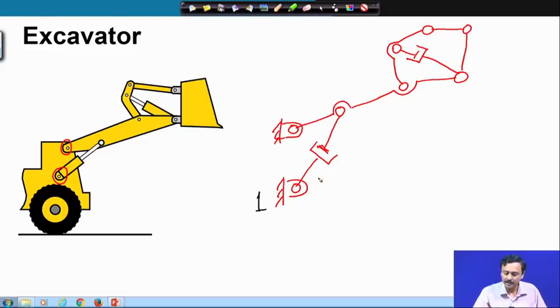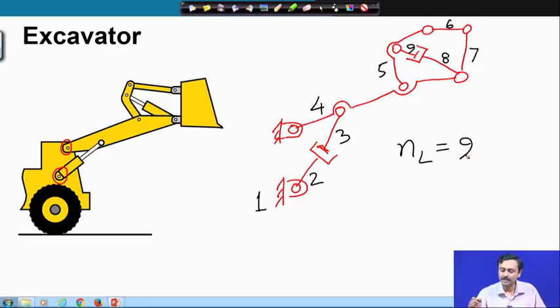So, ground is 1, 2, 3, between 2 and 3 there is a prismatic pair. This quaternary is 4, link 4, ternary is 5, this binary is 6, this is 7, this is 8 and this is 9. So, number of links is 9,